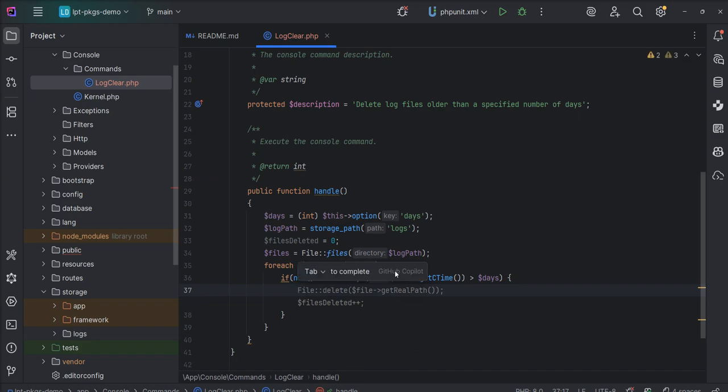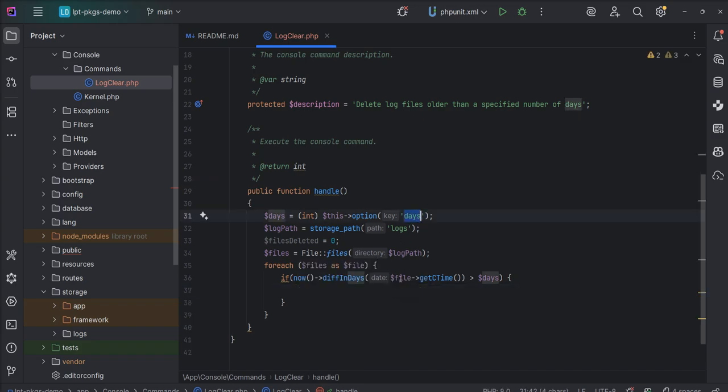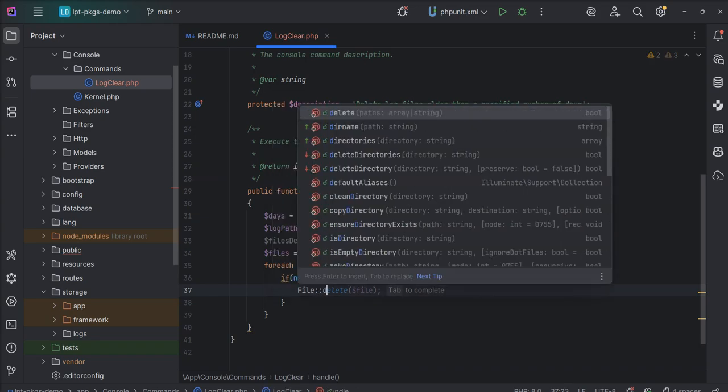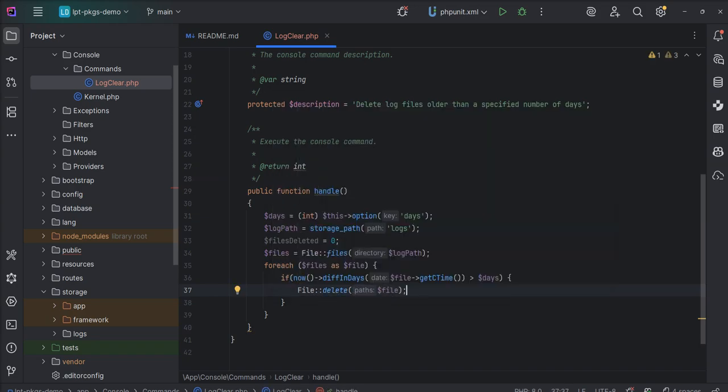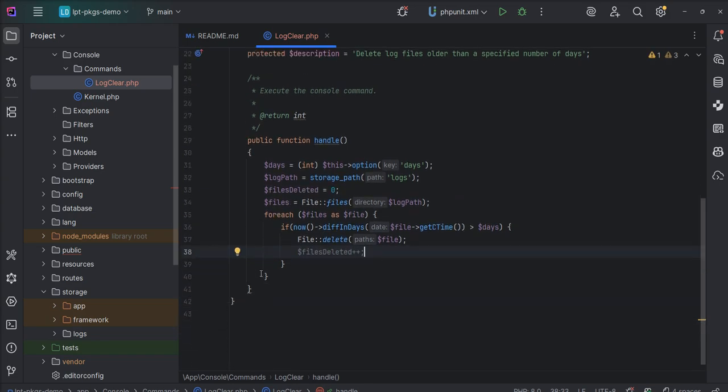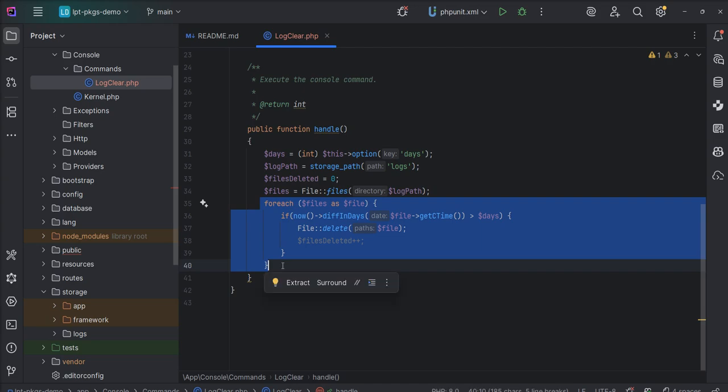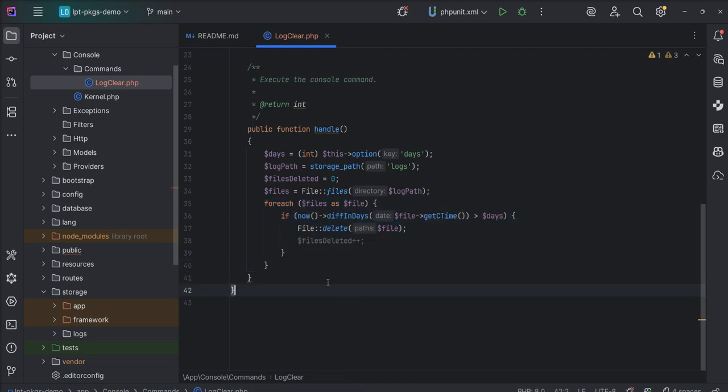So this checks with these options and deletes, and then we're going to use File delete with the path, and now increment the count. So this foreach basically checks and removes all the files,